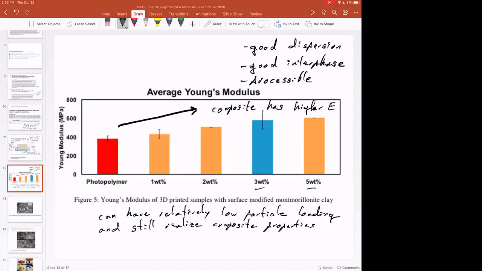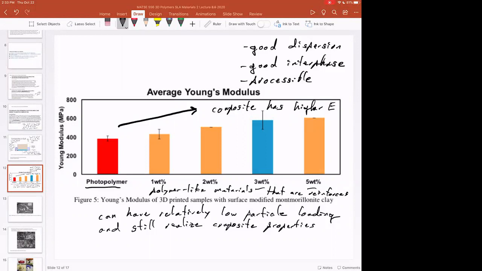So this is still polymer-like materials that are reinforced. So this will feel like a polymer part at these low